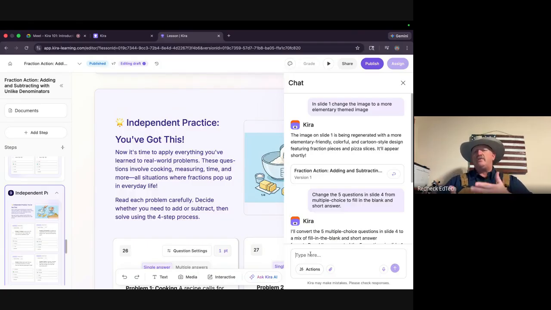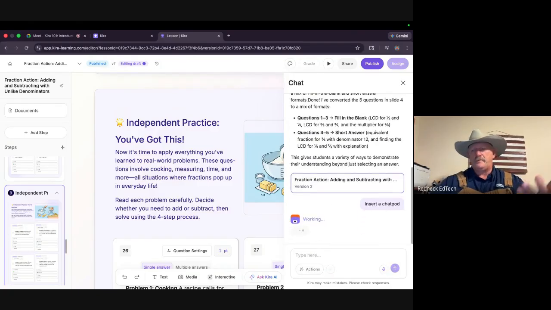Some school systems don't allow their students to use AI outside of the existing school day. Well, if that's the case, make sure it's turned off. When you set up your lessons, you choose whether or not the students can use AI. But if you want to integrate, I would say insert a chat pod.